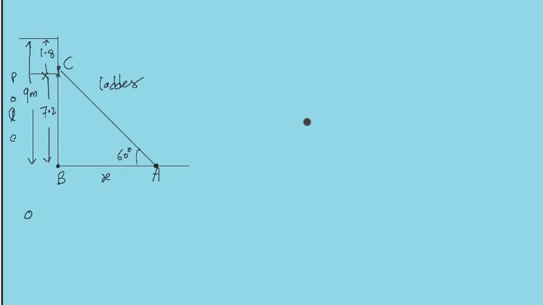So what do they give? Angle? 60 degrees. And what else do they give? Opposite side. What is the opposite side? Very good. 7.2 we should take. Understand that one? This is the difference in this. BC, that is 7.2 meter. What are they asking? BA, that is adjacent. That is equal to question mark. What do you use?